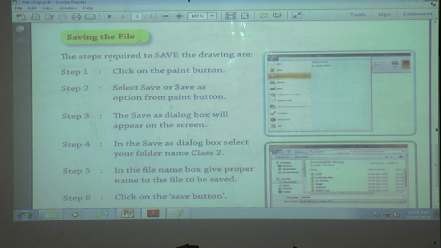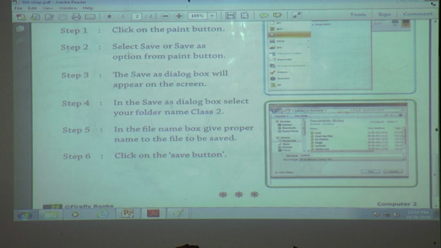Saving the file. The steps required to save the drawing area. Step 1. Click on the paint button. Step 2. Select save or save as option from the paint button. Select save or save as option from which button?